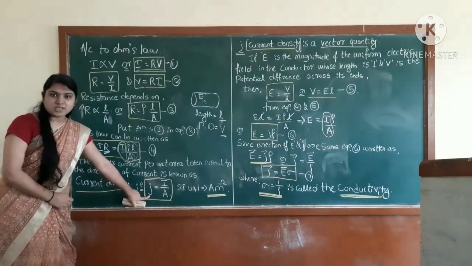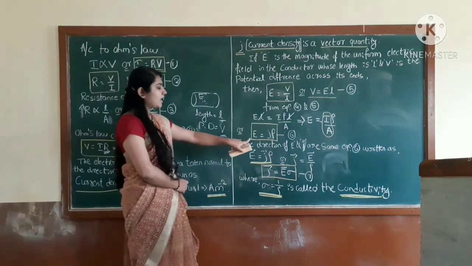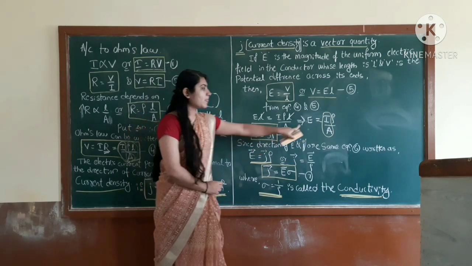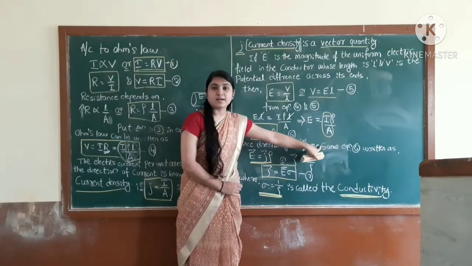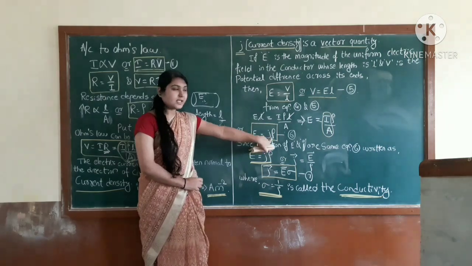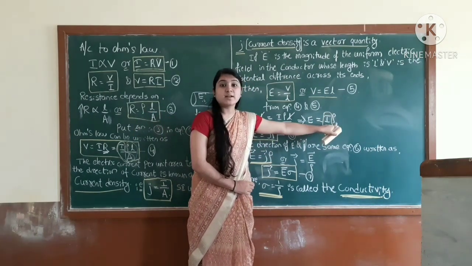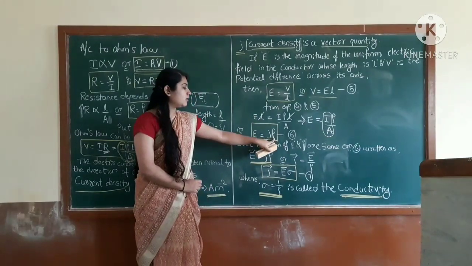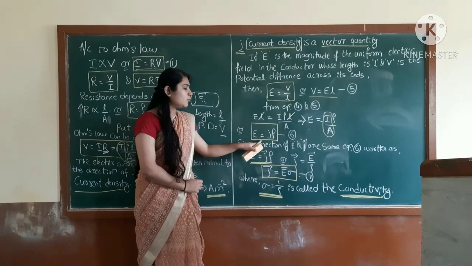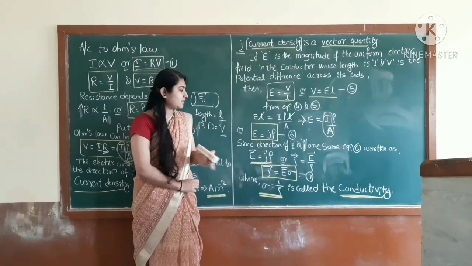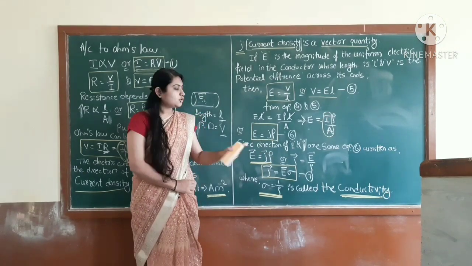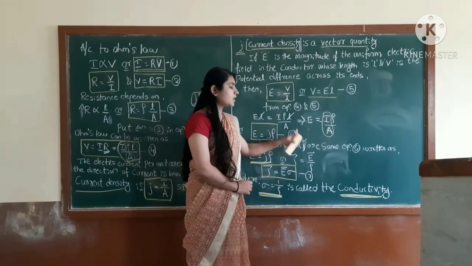What is it? J, right? So here I put the value E is equal to I by A, that is nothing but the current density. So here I wrote J and rho. Rho means resistivity. That I write like this, as it is. So now it constitutes one more formula: the electric field is nothing but J, the current density, into the resistivity. Take it as equation number 6.